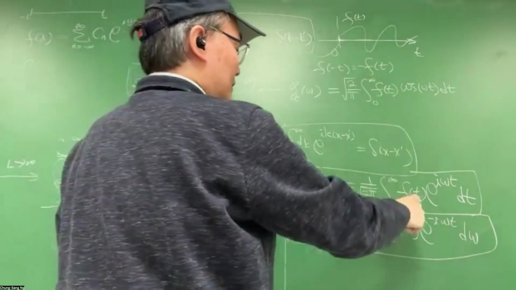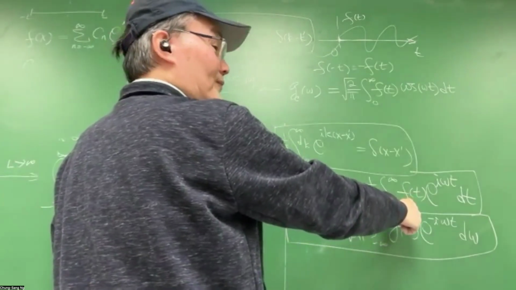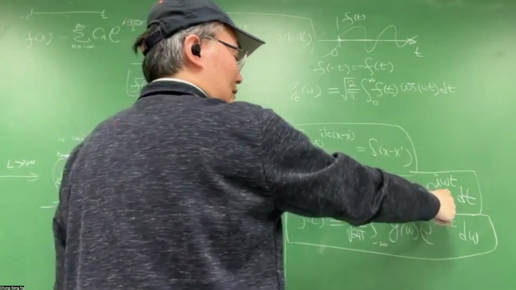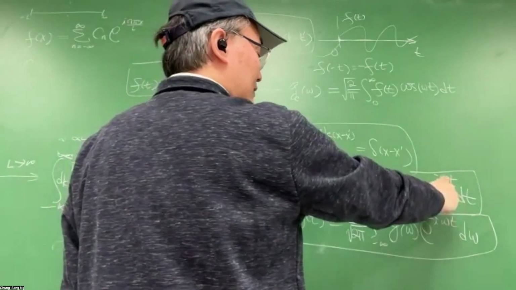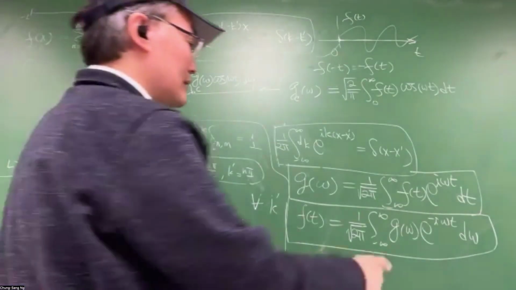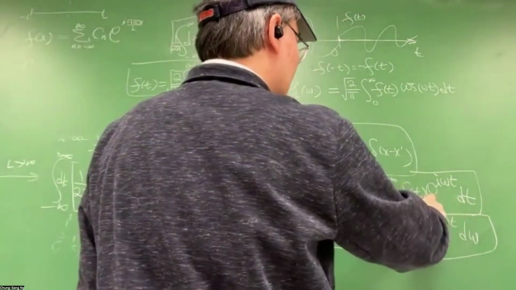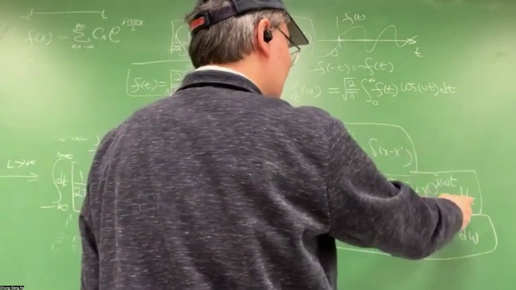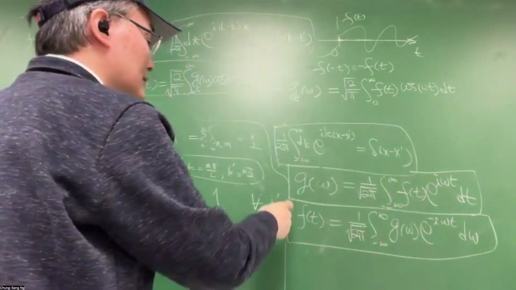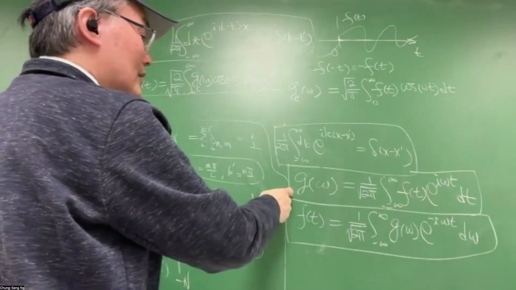This is now an odd function. So the cosine term is 0 after doing the integration. You have the I sine omega t that will give you non-zero, and so this g omega,